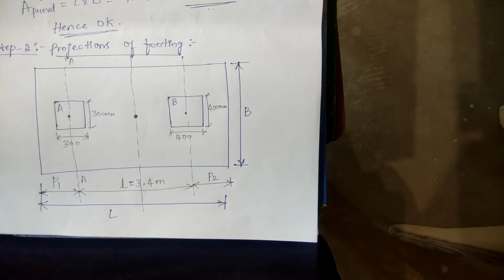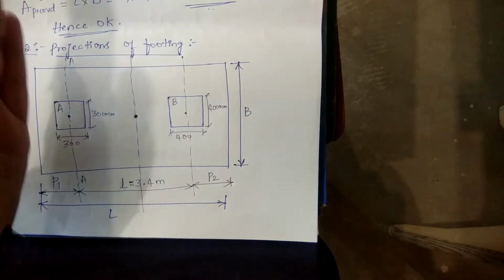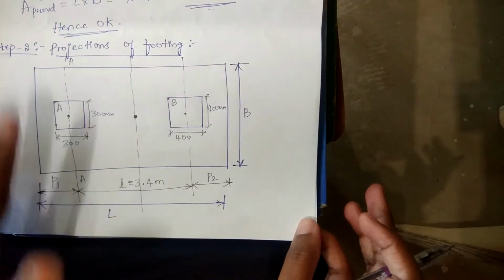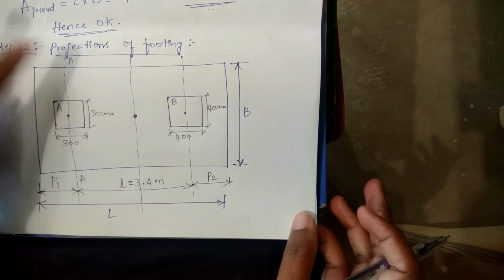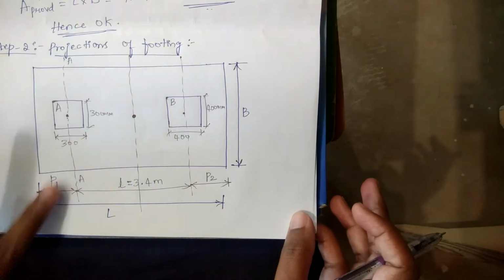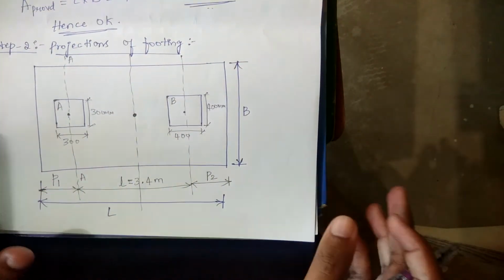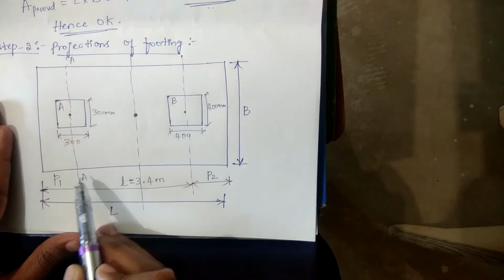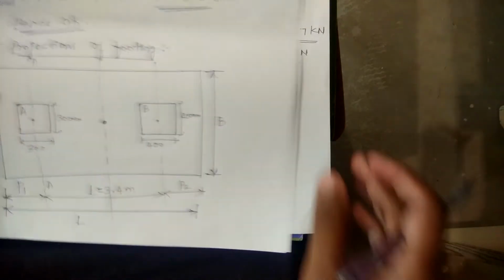See, we always consider the reference axis to the left of the CG. Here in the left portion, the column A is acting. So the section which is acting on the column A itself is represented as our reference axis. You name this reference axis as AA. So now we have to find the distance x bar.